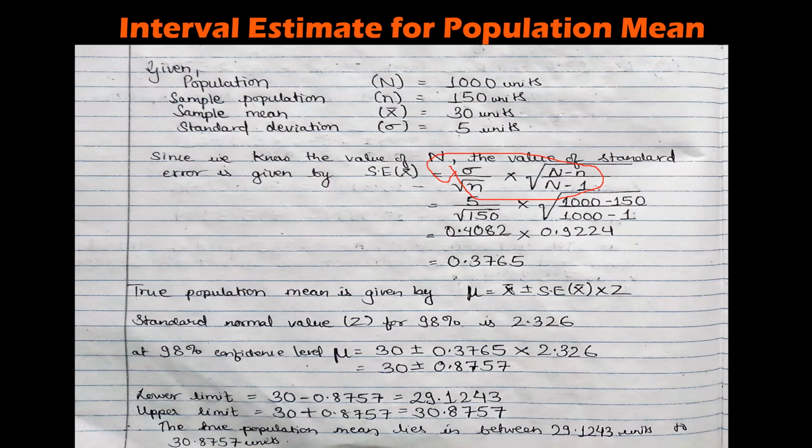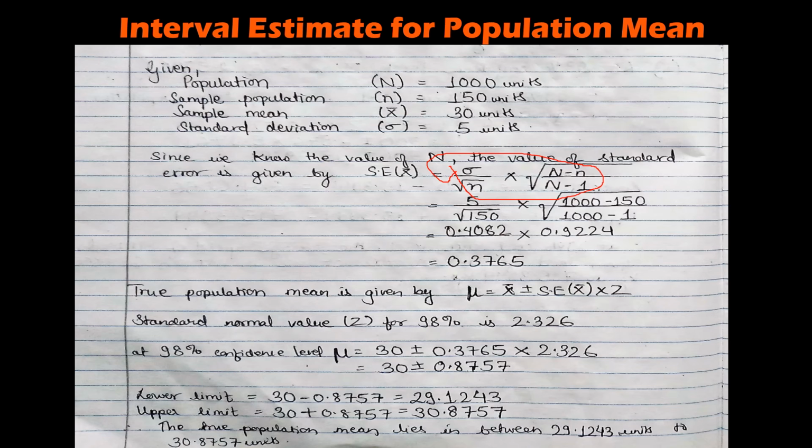And now after calculating, we obtain the value of standard error as 0.3765. The true population mean is given by mu is equal to x bar plus minus standard error of mean into z value. So the standard normal value of z for 98% is 2.326. At 98% confidence level, mu is equal to 30 plus minus 0.3765 into 2.326, and so here we obtain the lower limit as